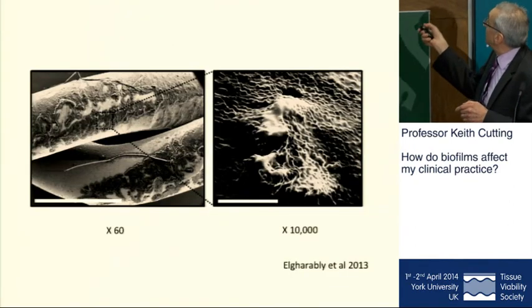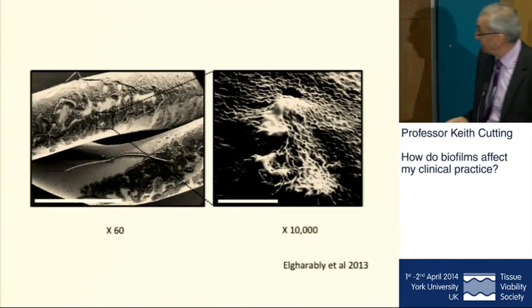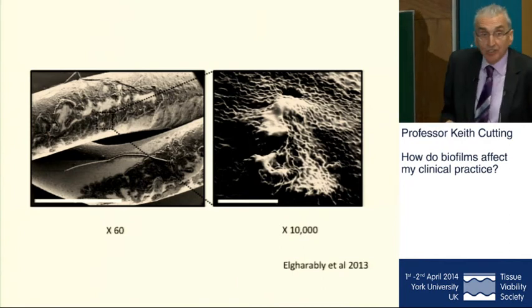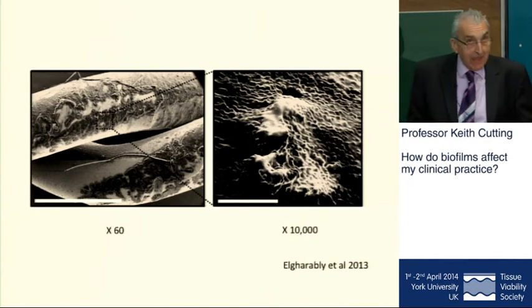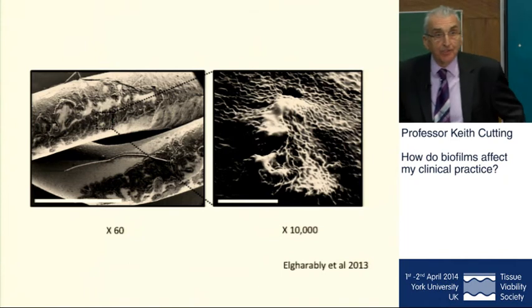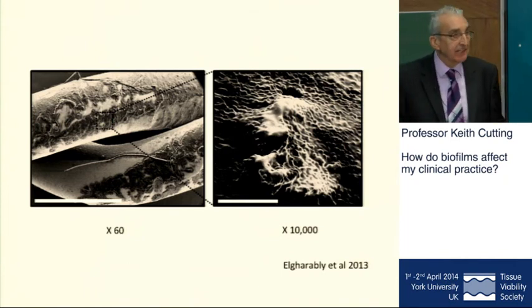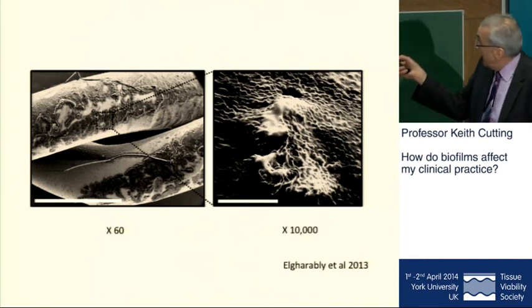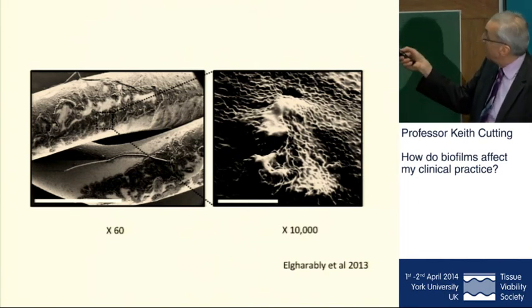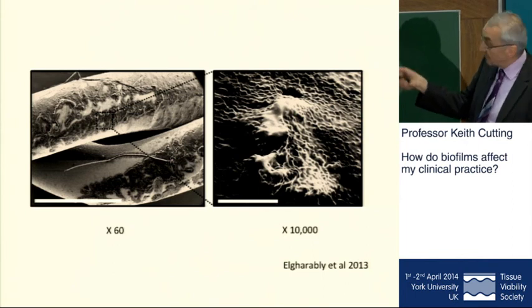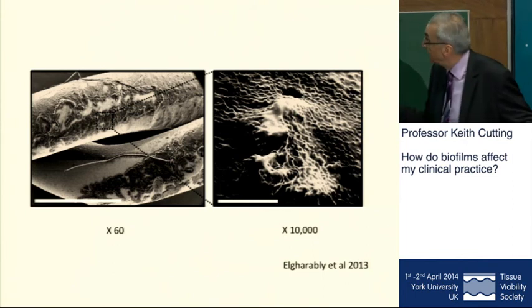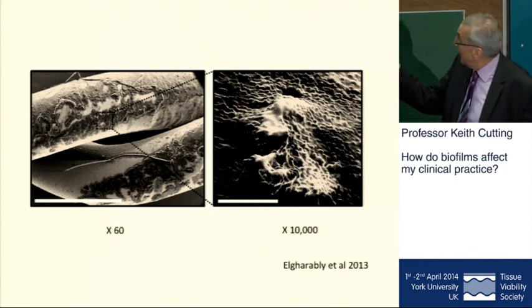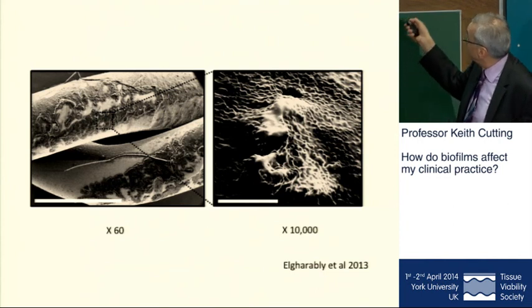Now, this paper was published tail end of last year, and these researchers looked at sternal wounds, and they declared that they had identified biofilms in these sternal wounds. And these are two scanning electron micrographs. The one on the left, as you can see, is at ×60 magnification, and these are sternal wires. And this substance on the sternal wire has been magnified and is identified